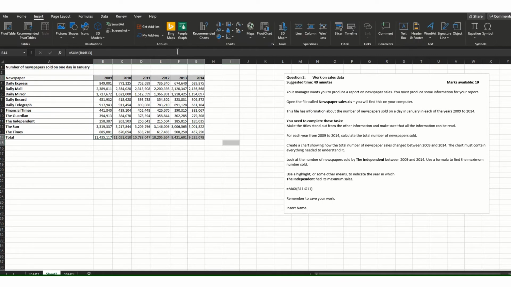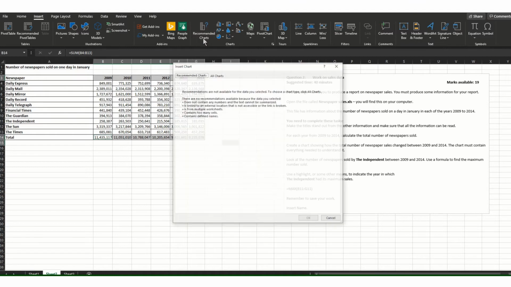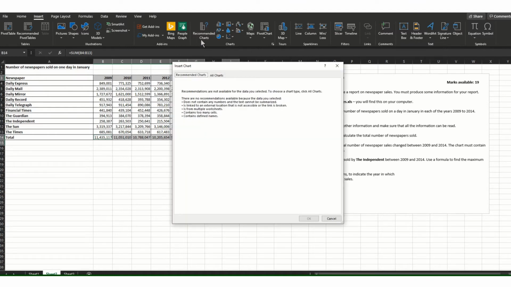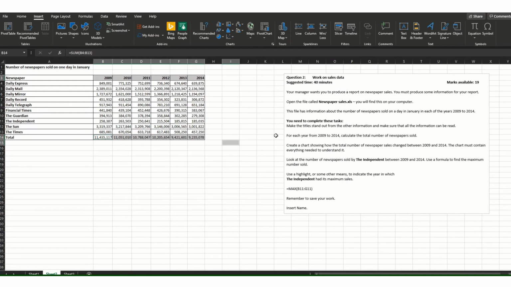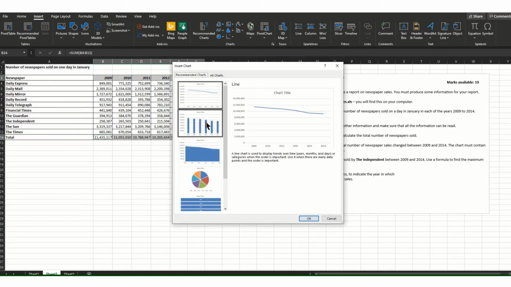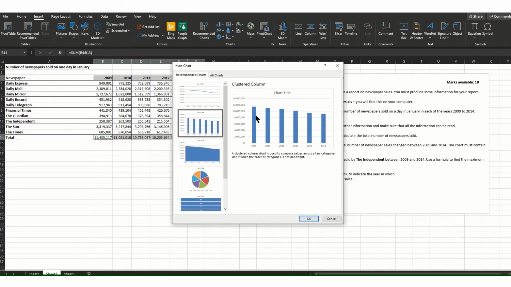I'll go to Insert, and I need to go to Recommended Charts, but we have a problem. It's not doing the charts. Okay, why? Because accidentally on purpose, I've left this filled in here just to show you this can happen. You can have randomly clicked on a box that's highlighted outside the table, and that will throw you when trying to do your graph. So what you need to do is make sure we deselect it, go back, reselect the information you want, go to your recommended charts, choose a chart like this bar chart, that'll suffice,